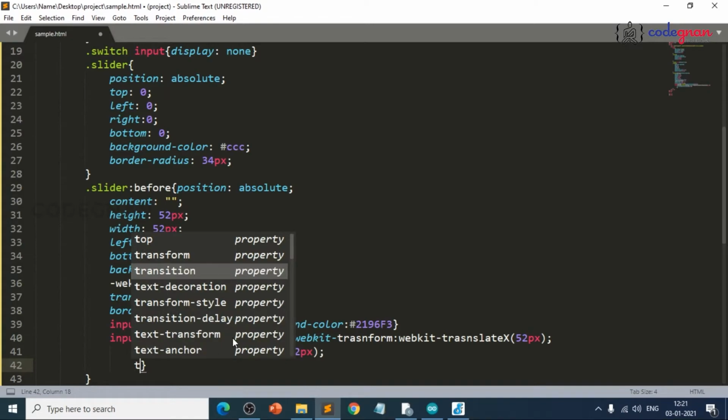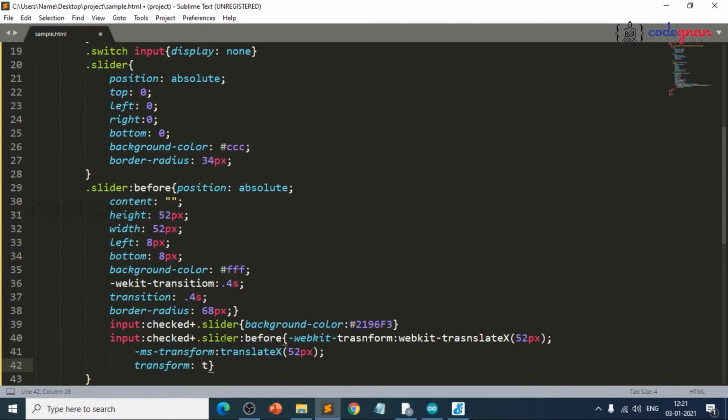Next, transform translate X of 52 pixels.